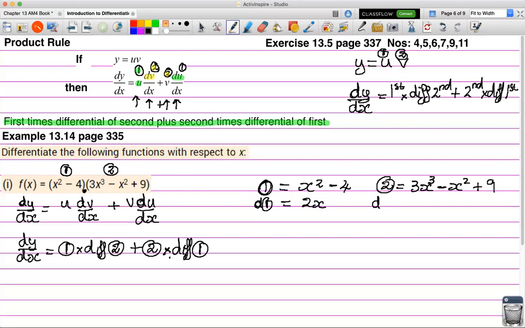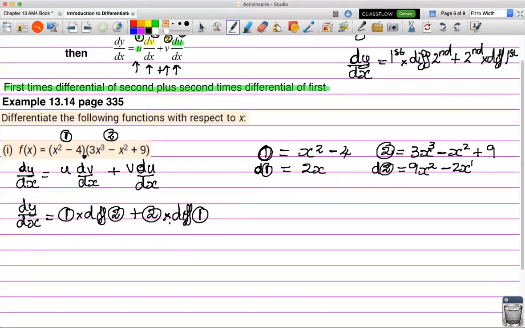And now I'm going to differentiate the second function, and that's equal to 9x squared, multiplied by the power, put the power down, minus 2x to the power of 1, and the plus 9 is going to become 0. So all I have to do now is sub it in. So dy dx